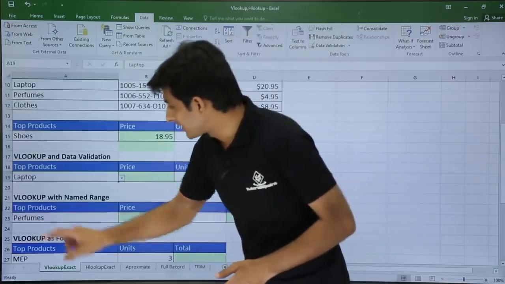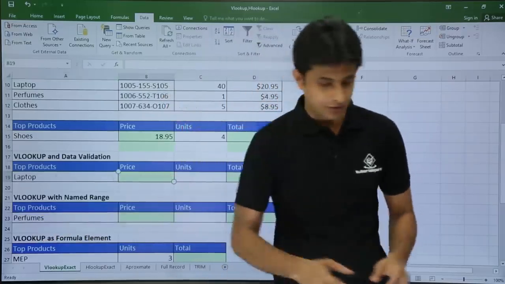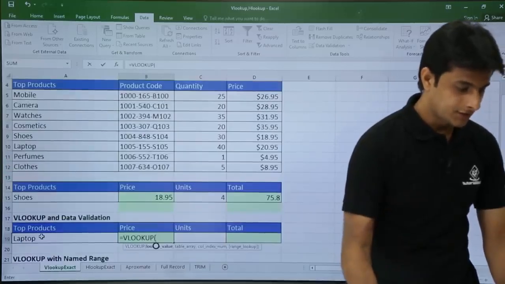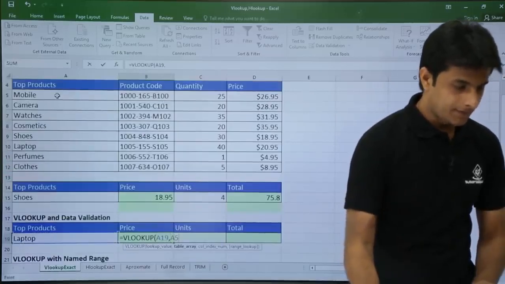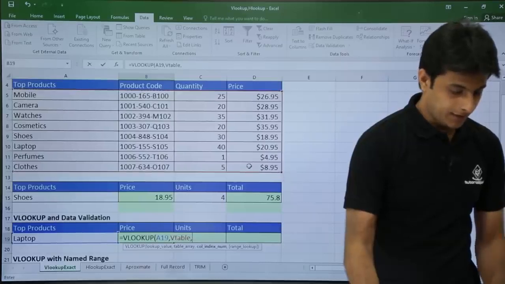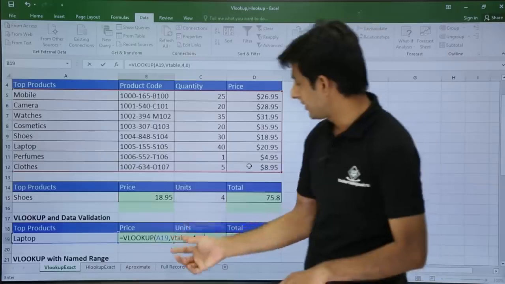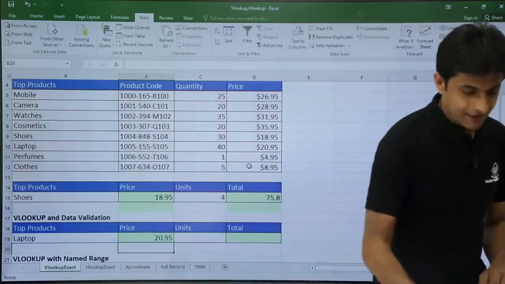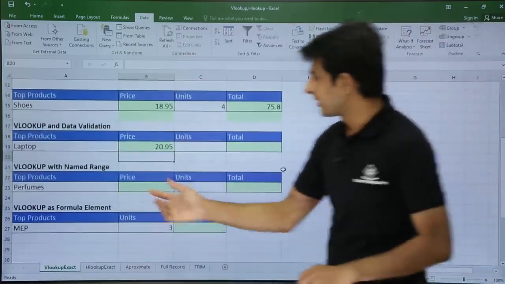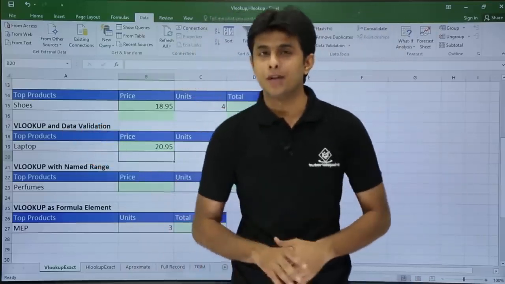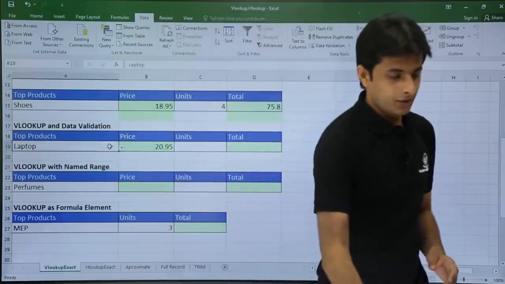I'll select here the option as laptop and I'll type a function. I'll type equal to VLOOKUP, the same function, that is my lookup value, comma, that's my table array, comma 4, comma 0, and I'll close the bracket. VTable is the name of the table. I'll press enter. So now we are looking at VLOOKUP with data validation. What is the benefit? I do not have to type the data.